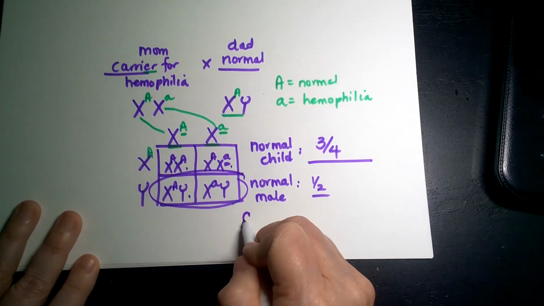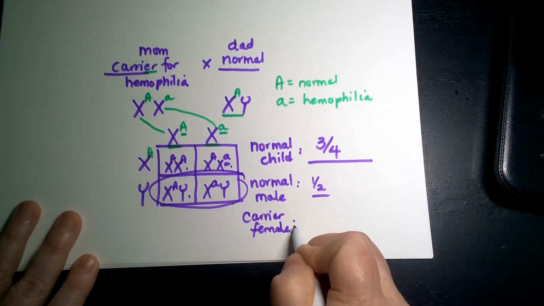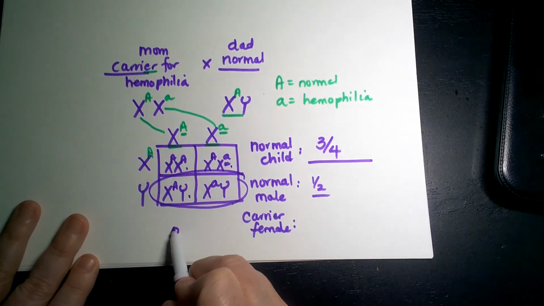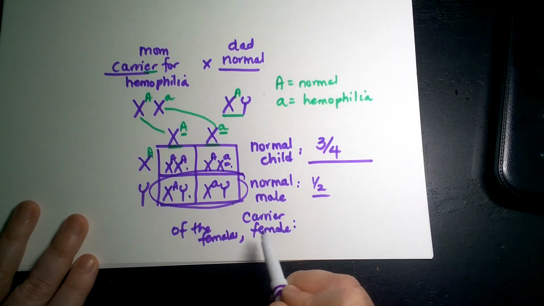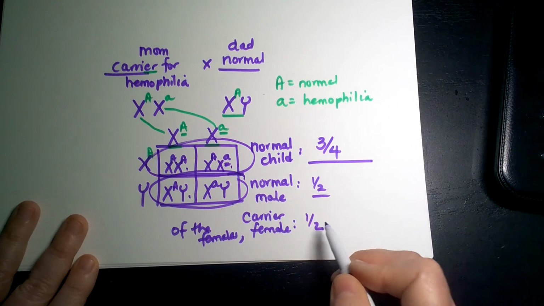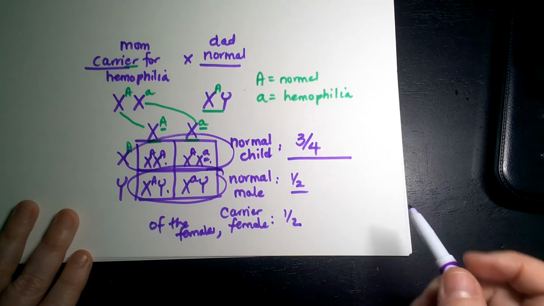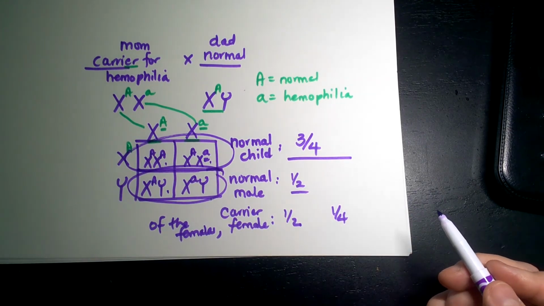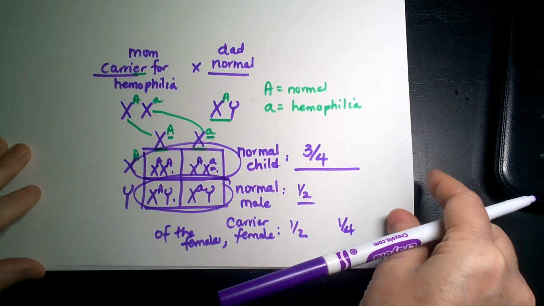Now, if I said a carrier female, okay, so it depends on how I'm asking. If I said of the females, which one is a carrier, then I'm just looking at them, and that's going to be 1/2. But if I said of all the children, how many are carriers, that's going to be a 1/4 chance. So in genetics, you want to pay attention to the way they ask the question. All right, so